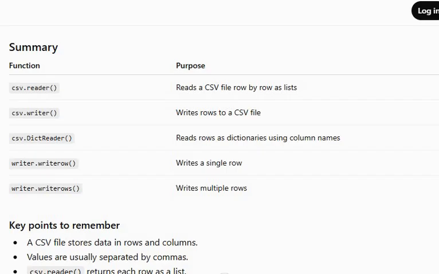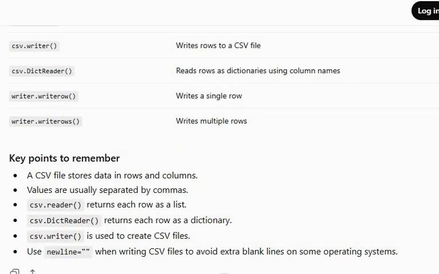So what are the functions we used in this session? reader, writer, DictReader, writerow and writerows. So the key points to remember: